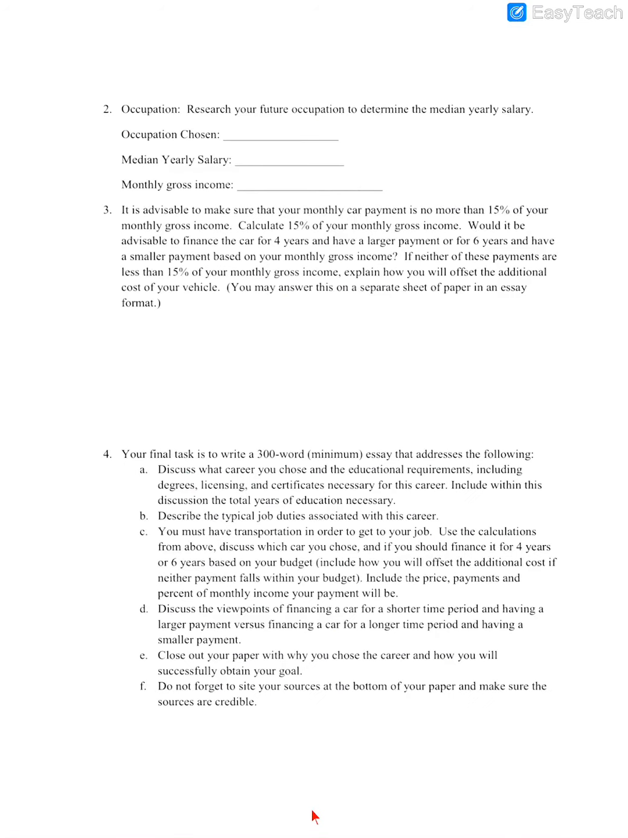Okay, so on the next page of the project, we want you to research what you think your future occupation will be. We're not going to hold you to that right now. What are you thinking of being? And we want you to determine the median yearly salary. So, for example, if I had decided to be a teacher,